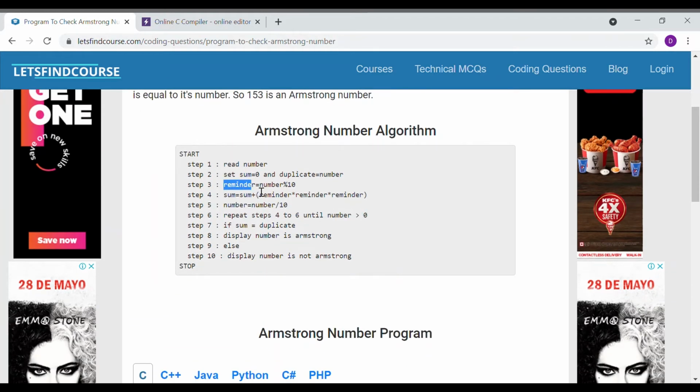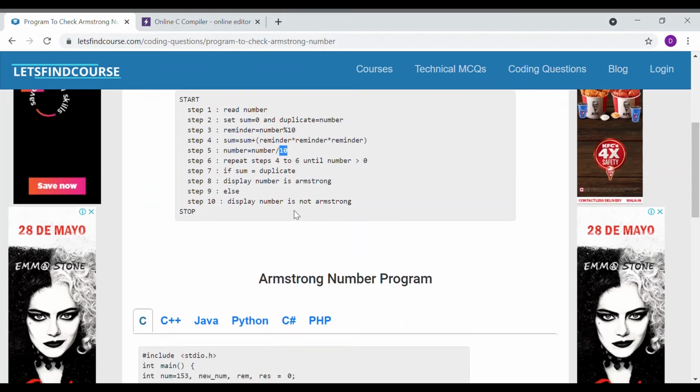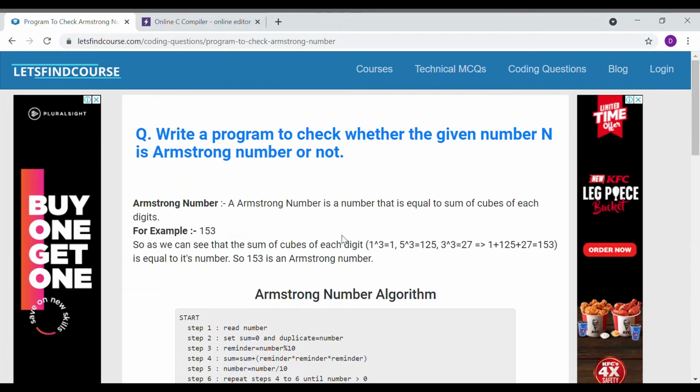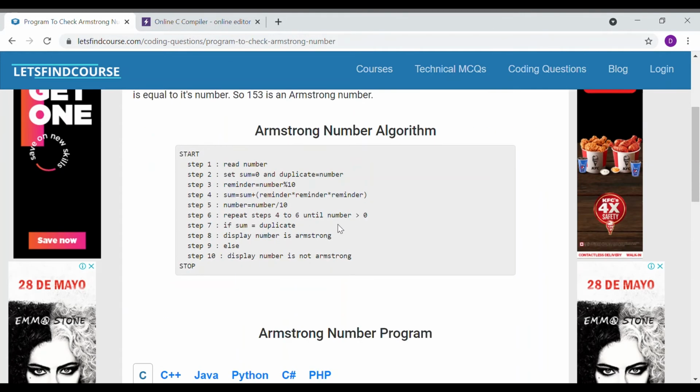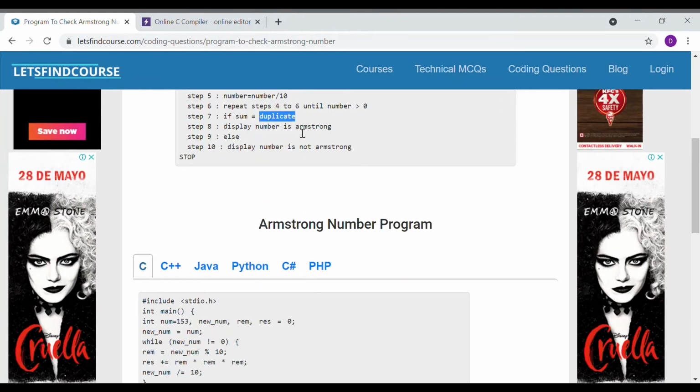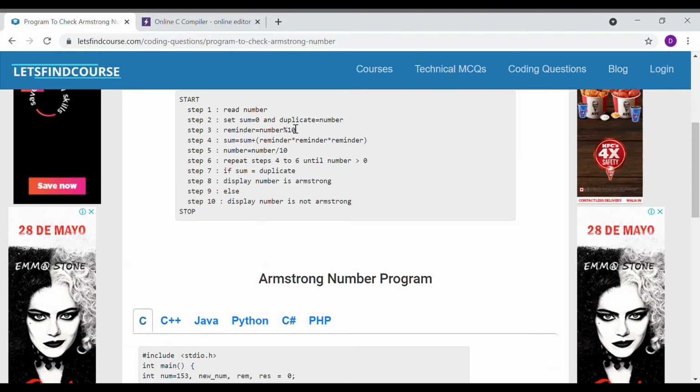At the end we get the calculation in the variable sum. If sum is equal to duplicate, that means the original number which we stored in another variable, then it is an Armstrong number, else it is not an Armstrong number.